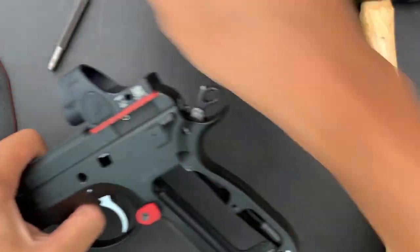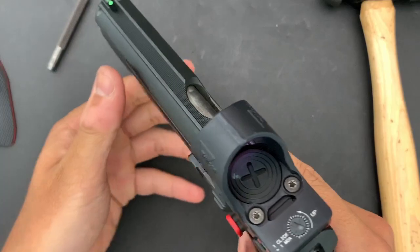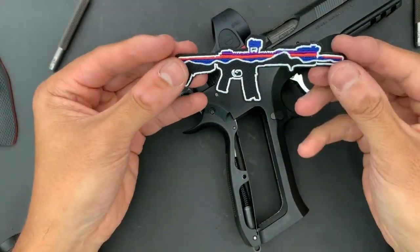Go ahead and put this back together. So if you needed help with your sear cage and that helped, that's the end of that part. I'm just going to put all this back together. And oh, this little guy, I was using it to keep the pins from rolling away from me, but this